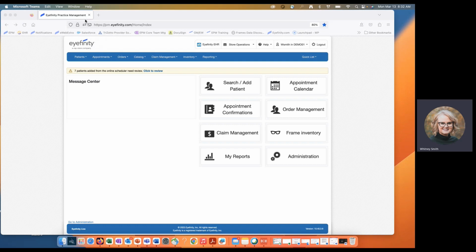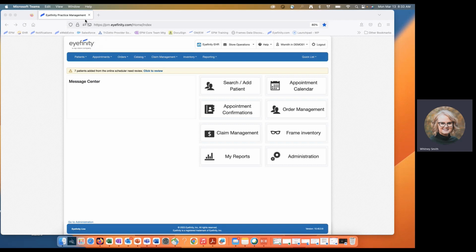As you go into a patient's record, you have all the data you need right in front of you to know what you need about the patient, and then also to take care of your patient as well. And we'll talk about the built-in VSP integration for those of you who are VSP providers, and then spend a little time in optical order management and discuss how we structure our optical orders so that you can navigate quickly